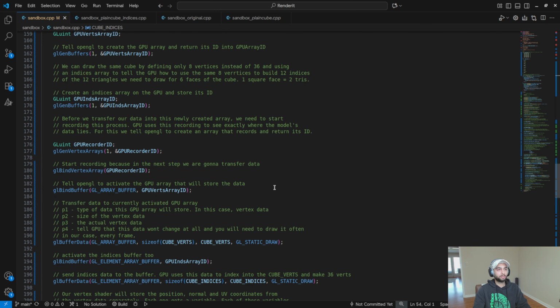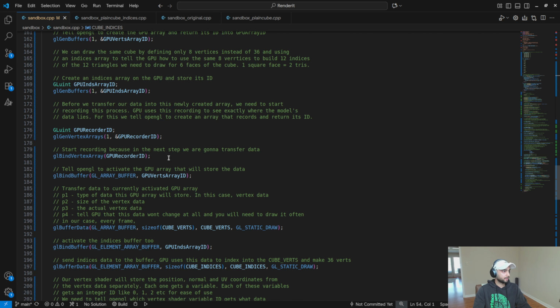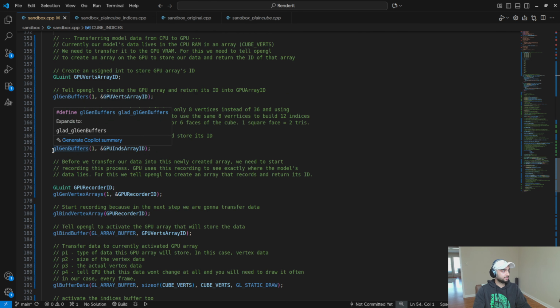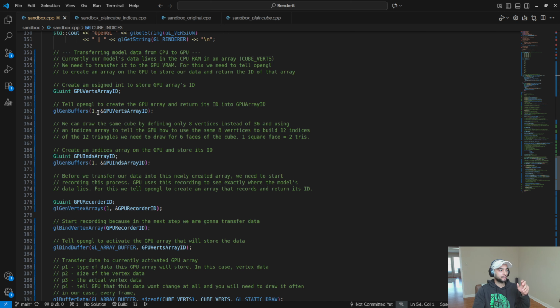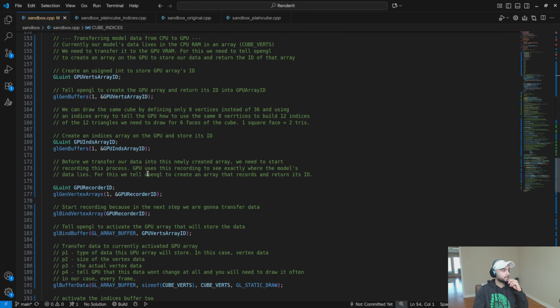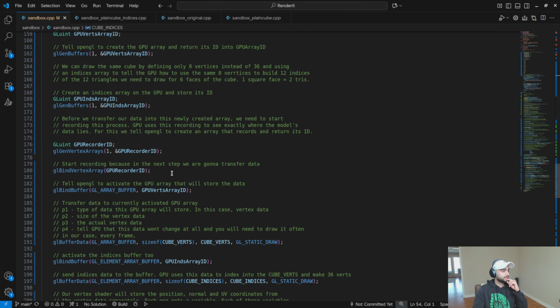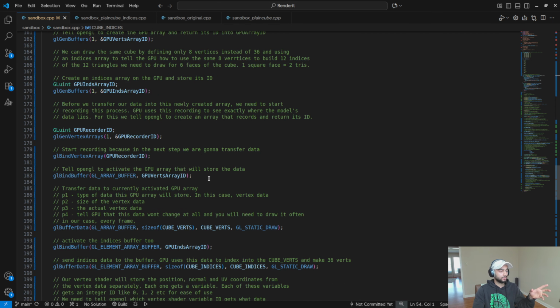First of all, we have to pass this index array to the GPU. So we do it exactly like how we passed our vertex array. For that, we need to create this index array on the GPU. Like we create a buffer on the GPU and we store its ID inside GPU ints array ID, exactly how we created the buffer for the vertex array. Once we have that ID and once we start our recording, the VAO layout recording,